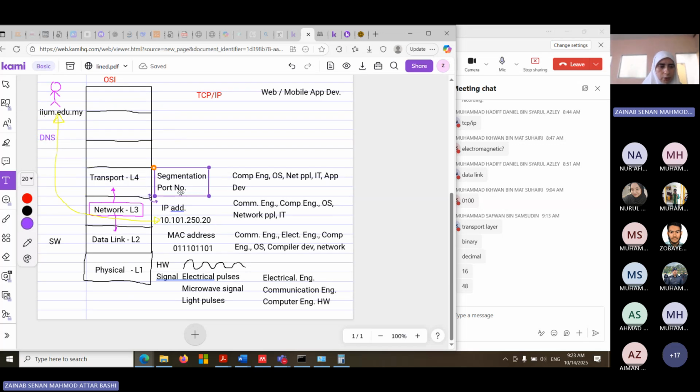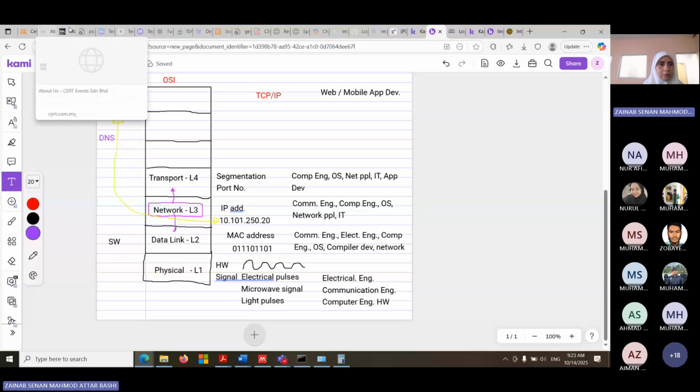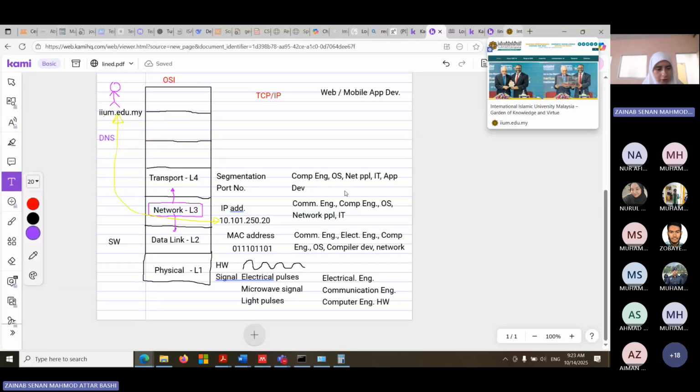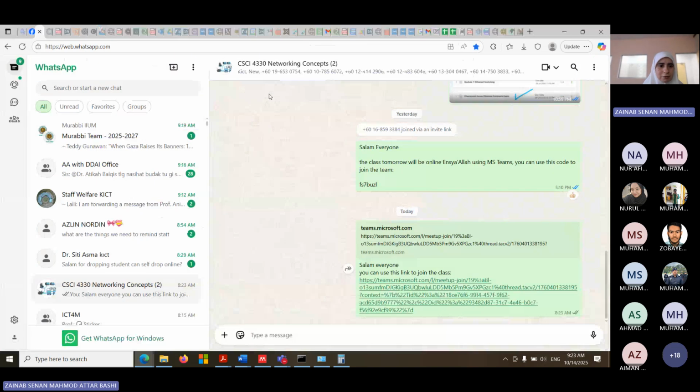Now, transport layer, we said there's a port number. Why do we need port number? Because when your computer receives a message from a server, where should it go? Look at my web browser. How many tabs do I have? Many, many, many of them. Not only these, I have much more. You see, I have this one also. See how many are opened? One day I calculated them, they were above 80.